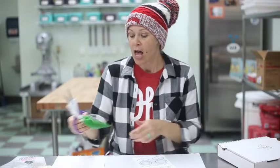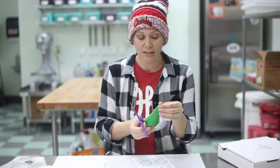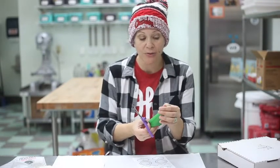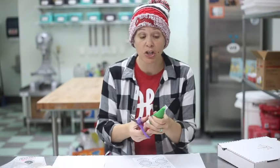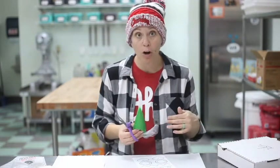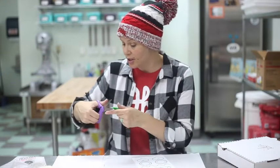All right, so on the piping bags, you'll notice that these are tipless bags. So they're closed at the end, and we're not using any metal decorating tips. We're gonna just use the bag as it is, but we first need to trim a little bit off so that the icing will flow. So it's always easier to trim more as needed than trim too much right now. So start with just a little snip,